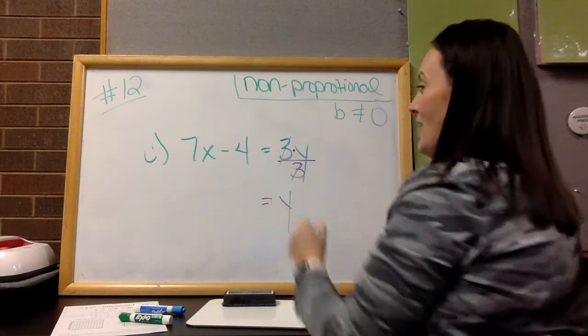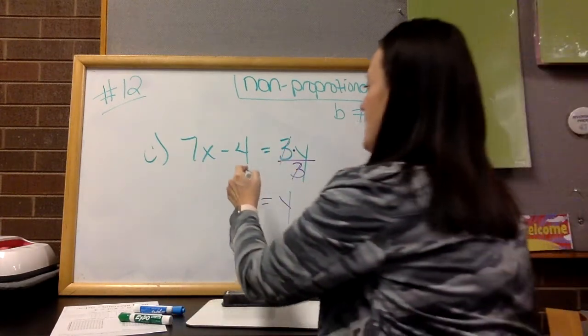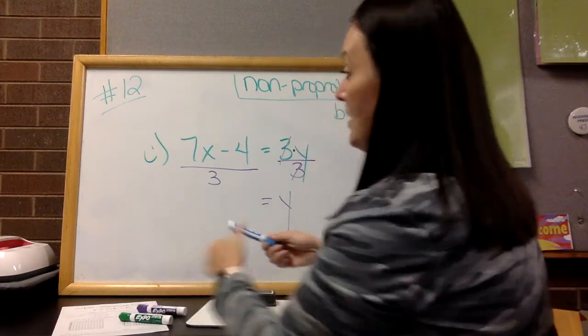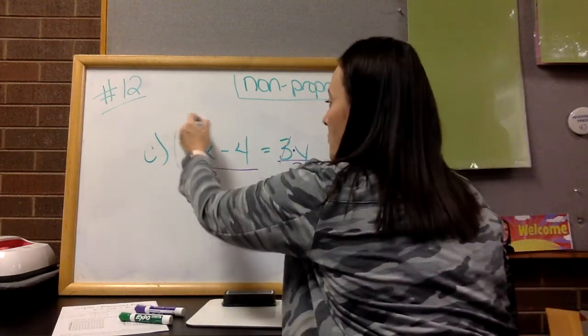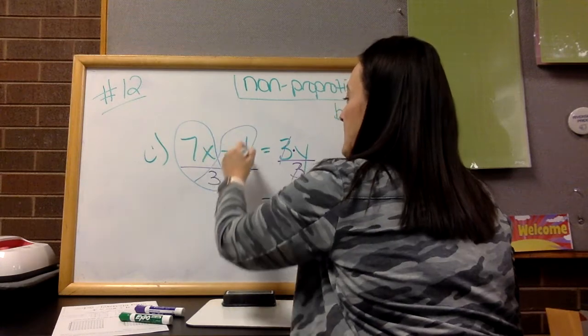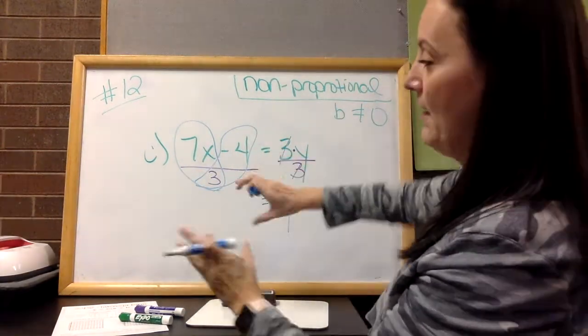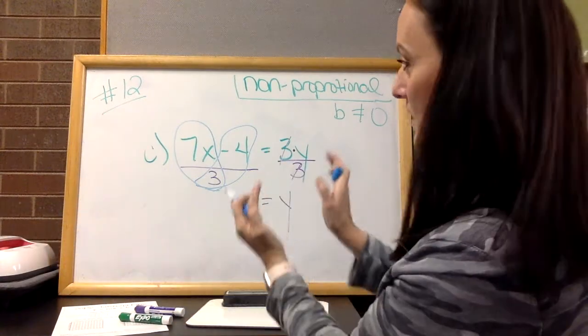So 3 divided by 3, I yay, but I can't just do that. I have to divide by 3 here. Now, when I divide by 3 there, I have to make sure I do both pieces. I have to do that piece and this piece. I can't just leave it in this form. I have to take the 7x and divide it by 3, and I have to take the minus 4 and